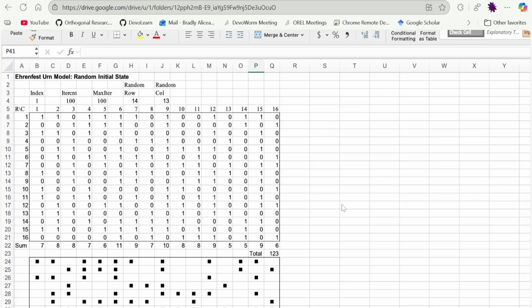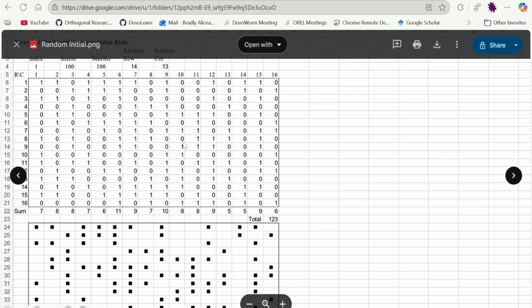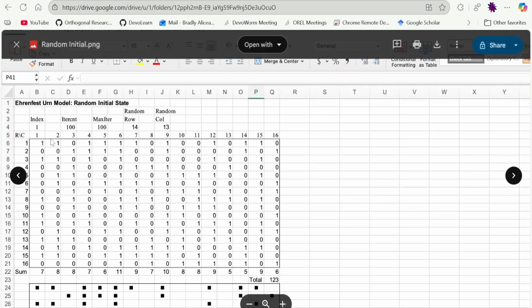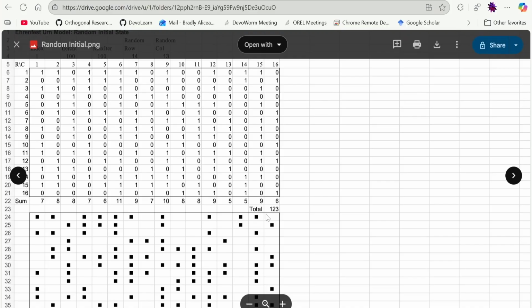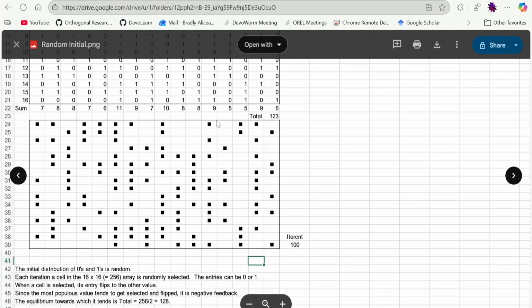This is a screenshot of the spreadsheet. I have the spreadsheet in Google Sheets now. This just shows the structure and how this is calculated. There are equations in these cells, and you can have an input matrix here, find the sums, and then this just shows the distribution or the ensemble that you get.